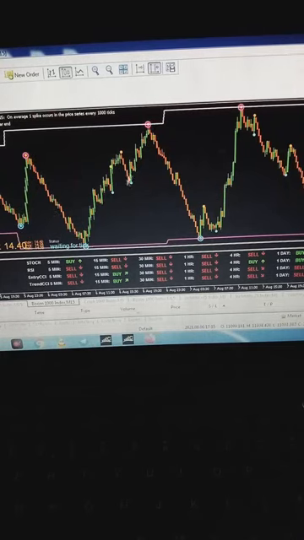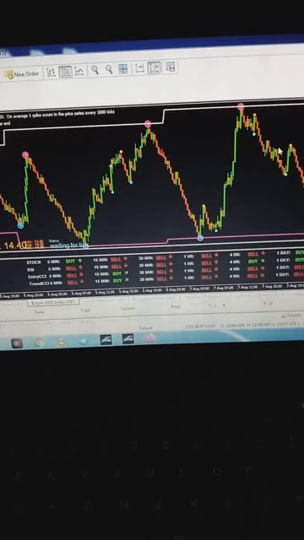Look at this one again. W pattern, double bottom. You see the touch here. Boom. You see the touch here, up. You see the touch here, boom. As simple as that. Let's go to volatility.